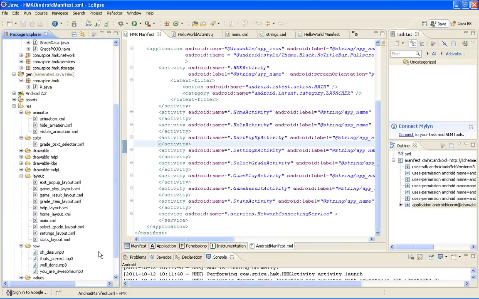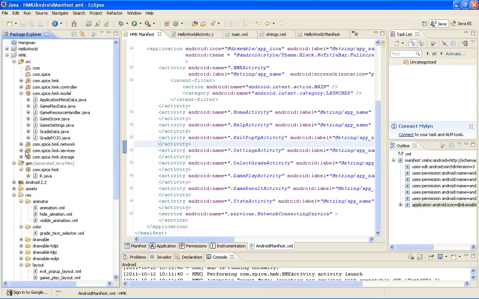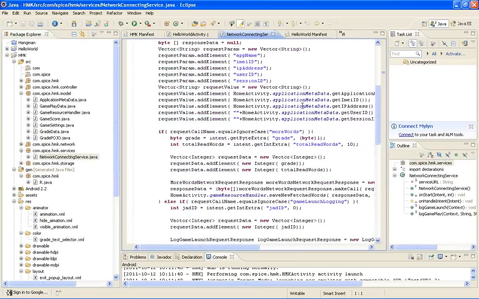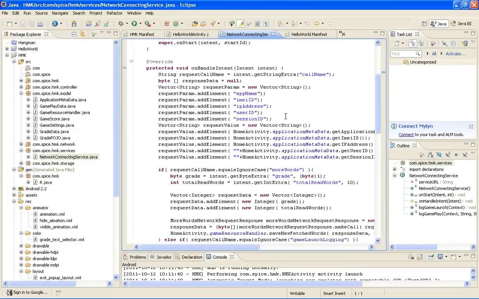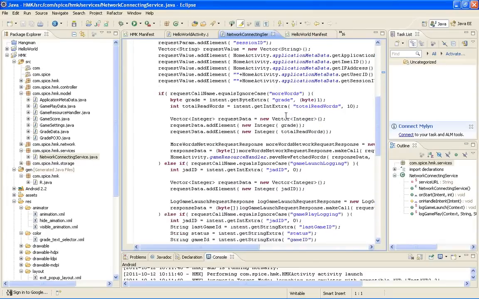And there is some basic music that we've put in here. The network service basically extends an intent service, and the idea here was to have something which can asynchronously queue all the requests that get generated on the network and one by one handle them.